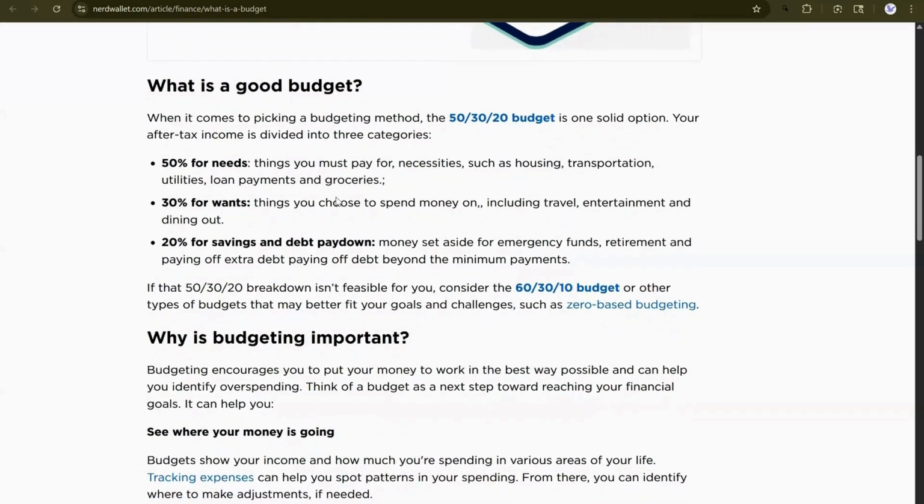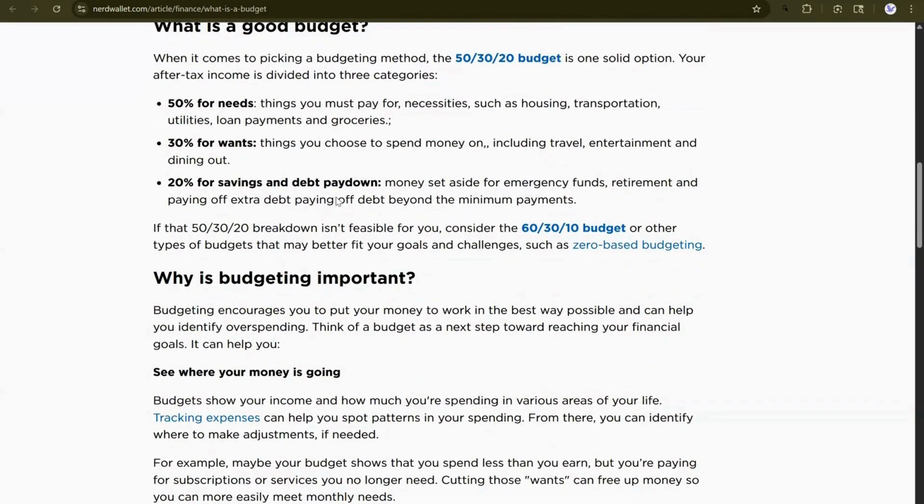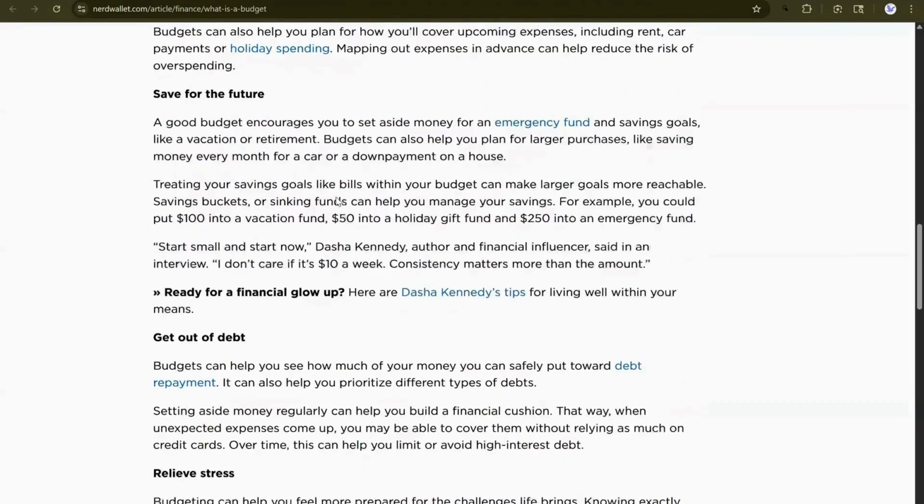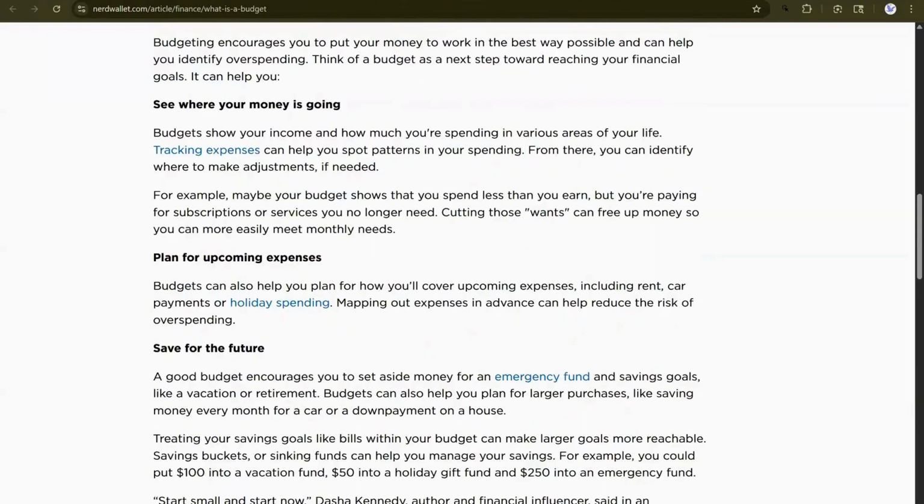The 60-30 budget. I want to show you this nice budgeting. Why is budgeting important? We talk about that. Saving for the future, that's important. We'll talk about that more next week. I did want to show you the 60-30. So that's 60 for total expenses, 30 goes toward wants, 10% goes toward savings.